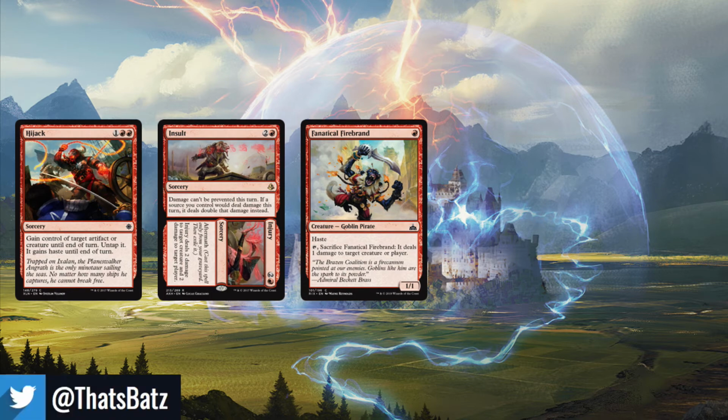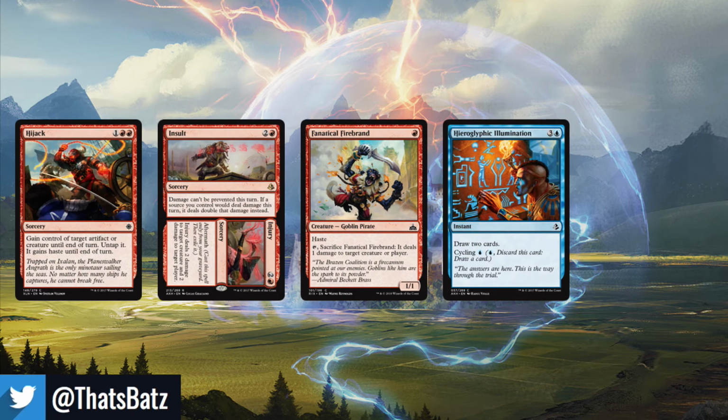In terms of draw, we have Hieroglyphic Illumination. It is a very expensive spell, unfortunately, but it does give you some draw. The cycling can also be useful. However, remember, cycling doesn't add to your prowess. Ideally, you'd want to use this to set up a nice block on your opponent's turn, and then we also have Chart a Course,